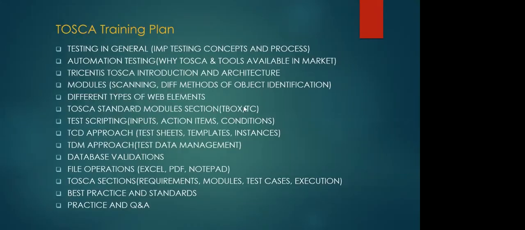So this is a course content that I've designed. Say, for example, if you're going for a 30-hour training session, these are all the topics that we will be deep diving into one by one, which covers almost 80 to 90 percent of the Tricentis Tosca automation knowledge. When I say 80 to 90 percent, the remaining percentage that we are missing is on different domains